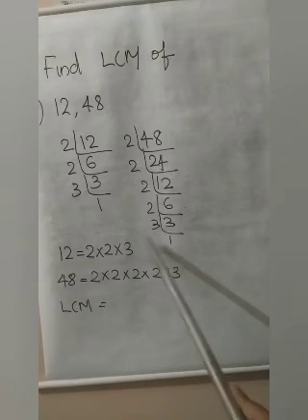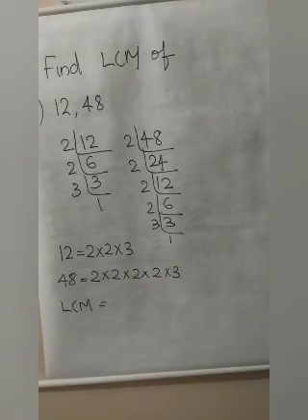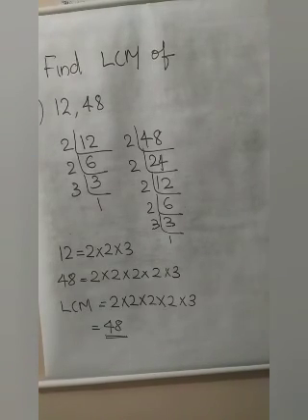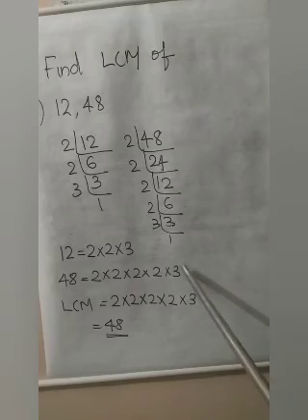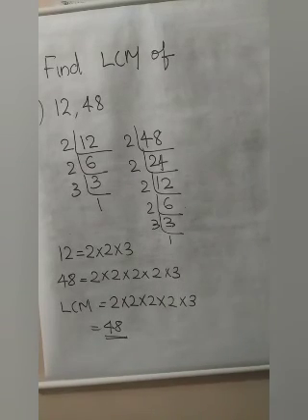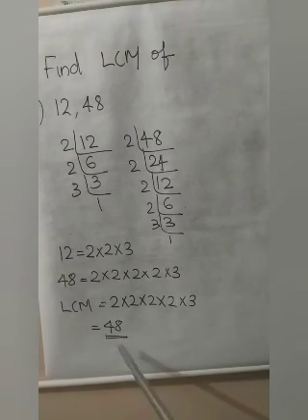Then here 1 three, here 1 three. So take 3 one time. So the LCM is 2 into 2 into 2 into 2. Means this 2 we took. Then 3, in both cases only coming 1 time. So into 3. So what is the LCM? 48. Which method is more convenient to you? You can use it. Either separately prime factorize or you can prime factorize together.